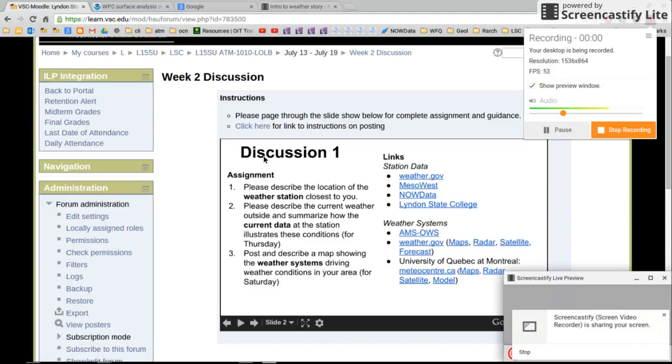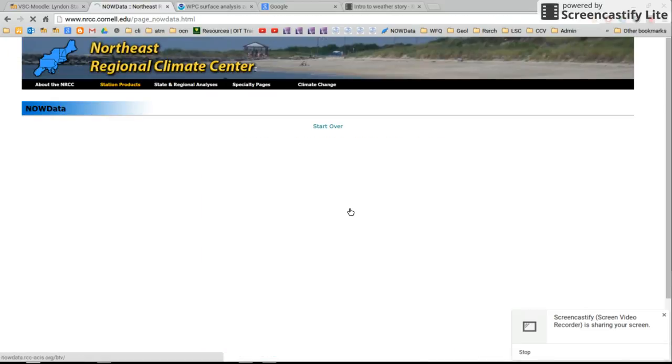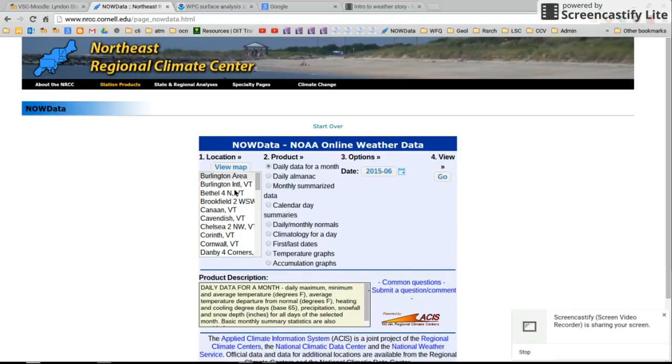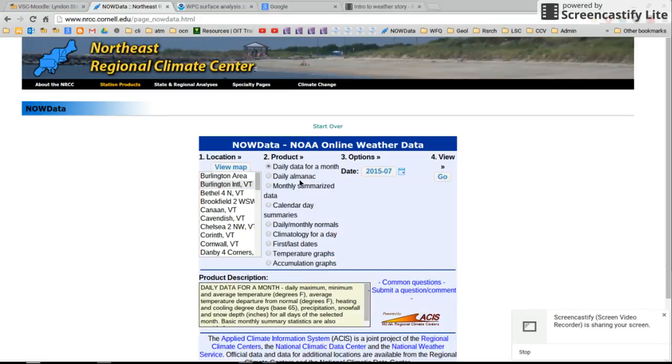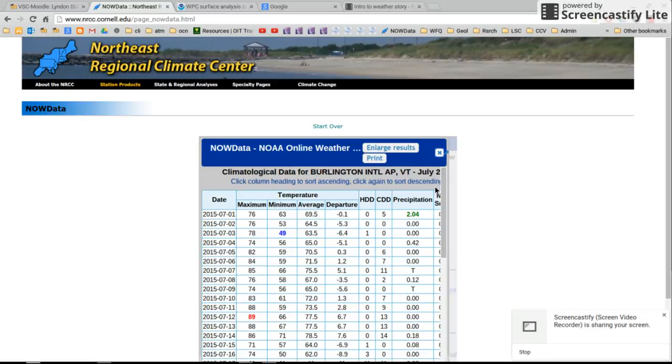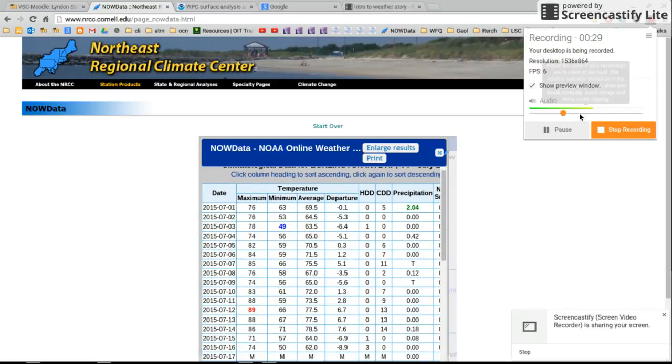So a good place to get weather data for the last 3 days is the NowData website over here. We are mostly in the Burlington area. We'll go to Burlington International Airport and select data here for the month of July 2015. Notice that we're choosing the daily data for a month. And here we get a complete record of weather for July